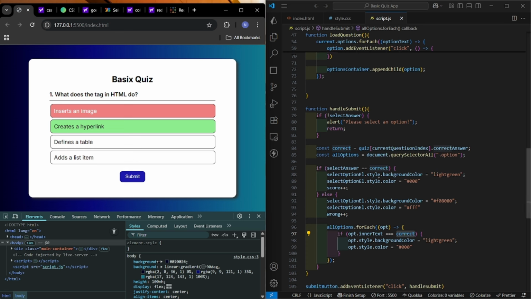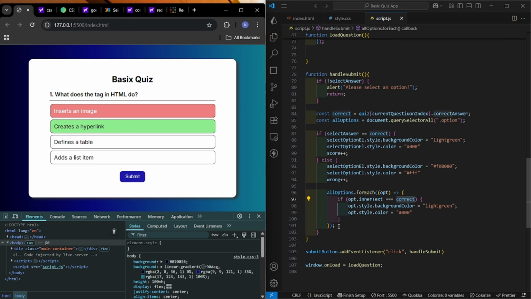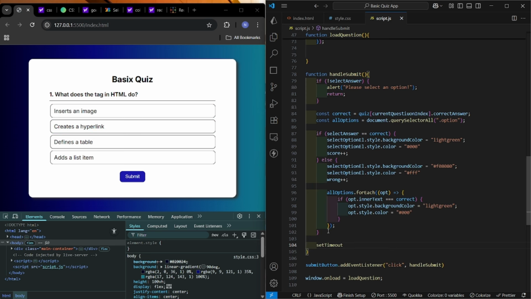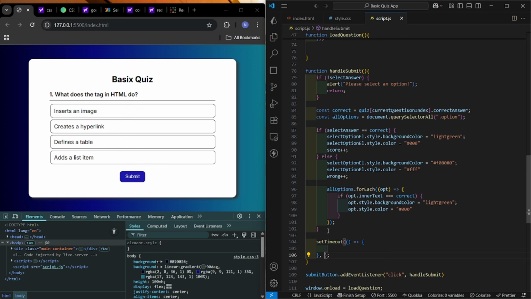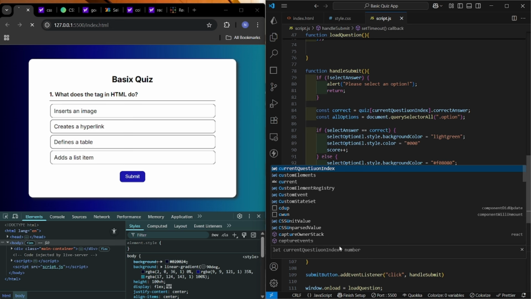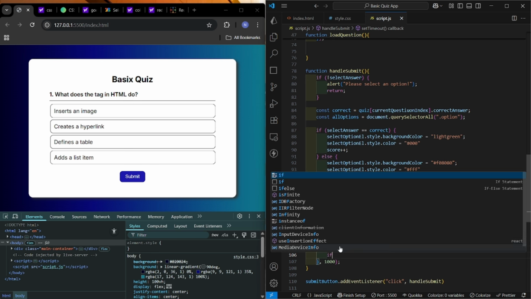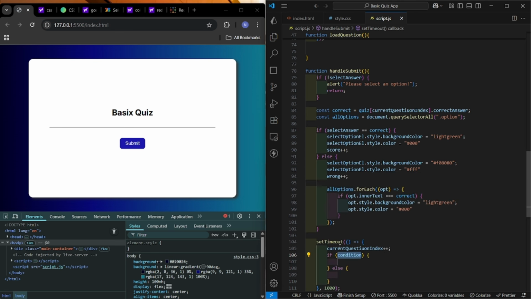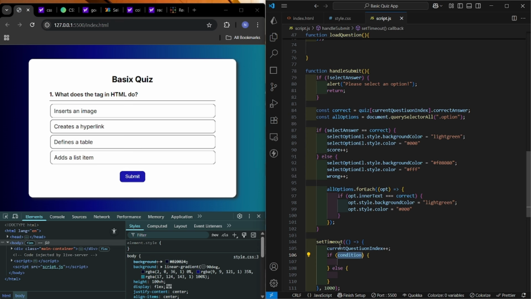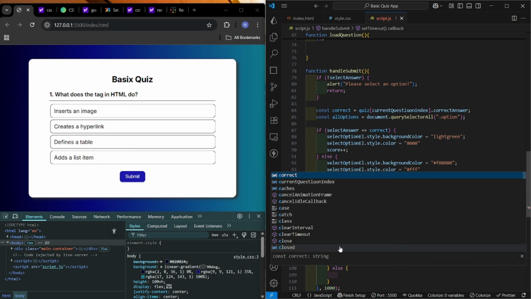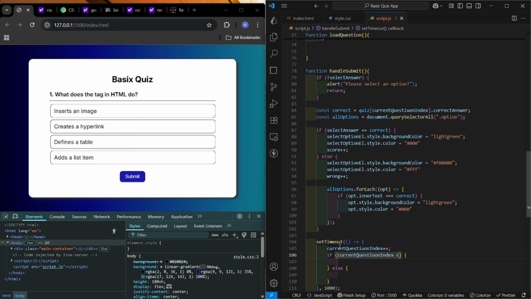And now once we click submit, we also have to go to the next question after some time, after a few seconds of delay. So here we are going to use a setTimeout. Here I will give the time as 1000. Then inside it I will increment the current question index, and I will check if it is exceeding the length of the quiz or not. If it is exceeding the length, then it means the quiz is over and we have to show the result here. So first, if current quiz index is less than quiz length,